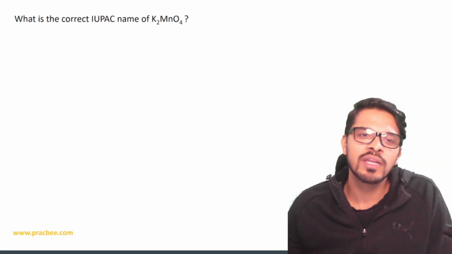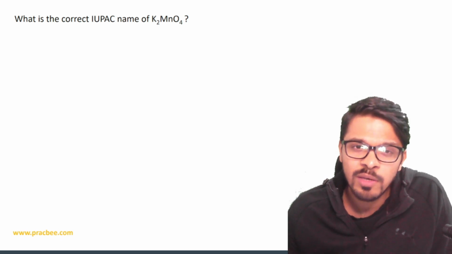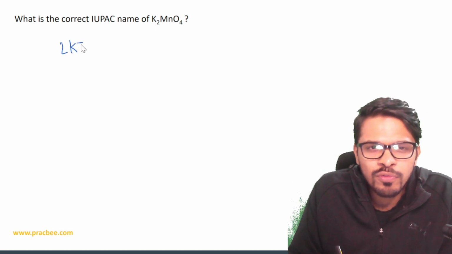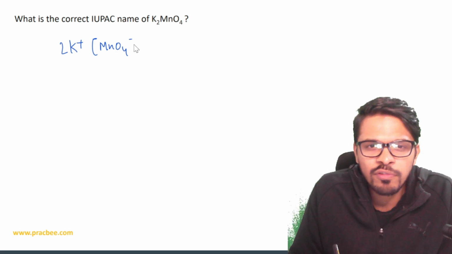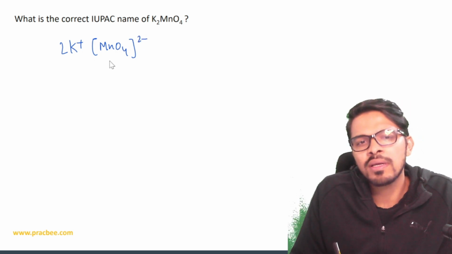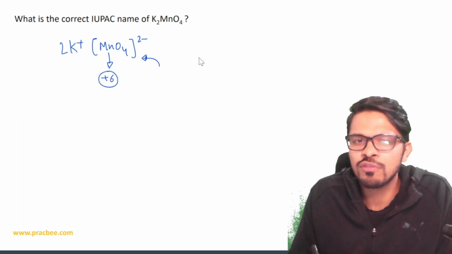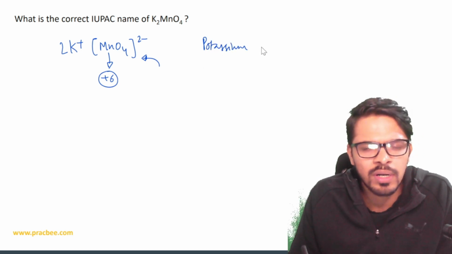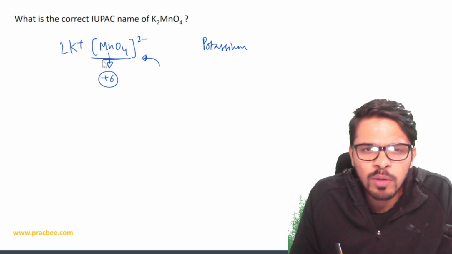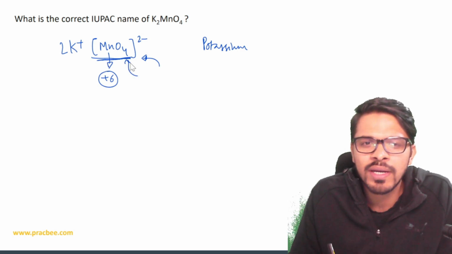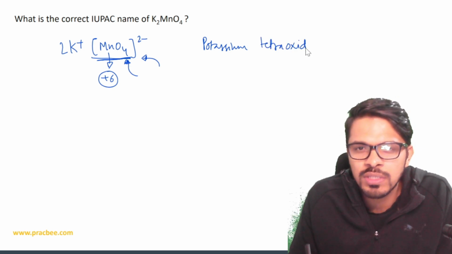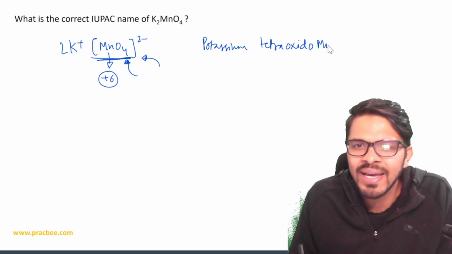The first question of inorganic chemistry is, what is the correct IUPAC name of K2MnO4? First, let us determine the oxidation state of Mn. Mn has to be +6, as overall this anionic complex has a charge of 2-. First we'll write the name of the cation, which is potassium. We do not write dipotassium. In this complex there are 4 ligands in the form of O2-, so it would be tetraoxido or tetraoxo, then manganate,